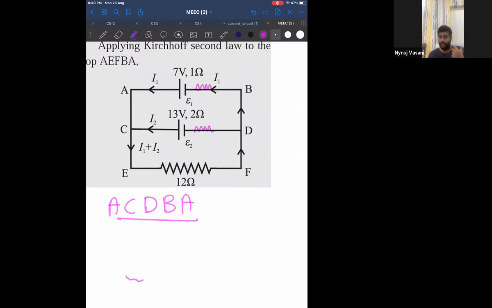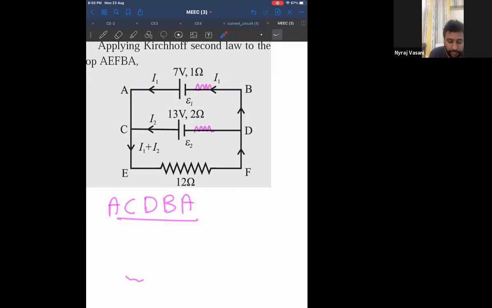After that, I want you to understand. Okay, so let us start. Tell me, from A to C, do you find any voltage? Means, do you find any current into resistance or do you find a battery? If no, then there is no voltage in that branch. So can I say AC has no voltage? Because I don't find any IR or any battery. Therefore, from A to C, there is nothing.